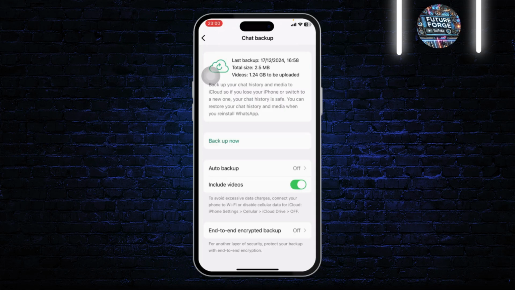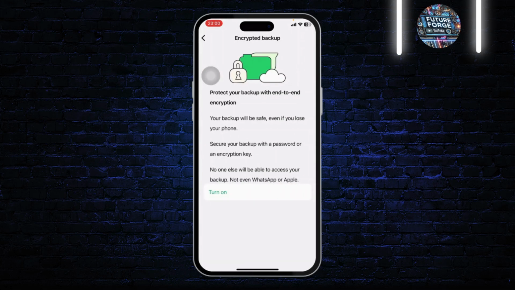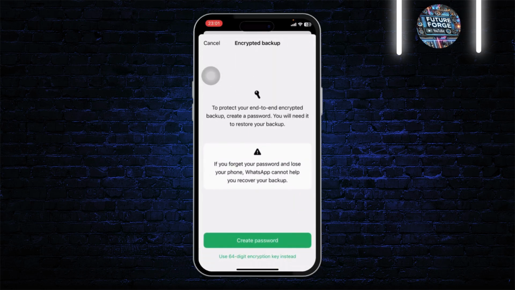Now I have not set it on yet because I want to show you guys something. So head over to end-to-end encrypted backup, and after you're there, you will see your encryption. Now whenever you turn this on, your encryption will get turned on and no one will be able to access your backup, not even WhatsApp or Apple. So as it says right here that if you ever forget about it, so let me tap on turn on,